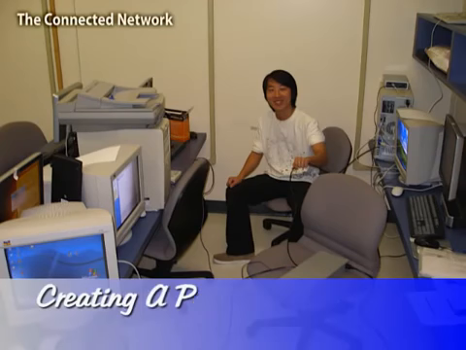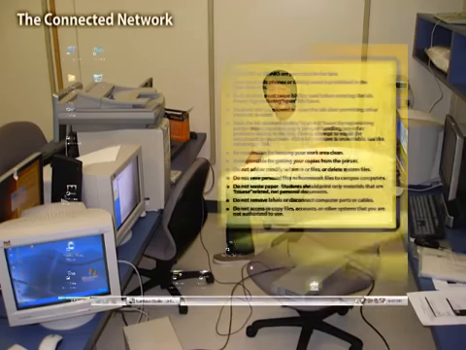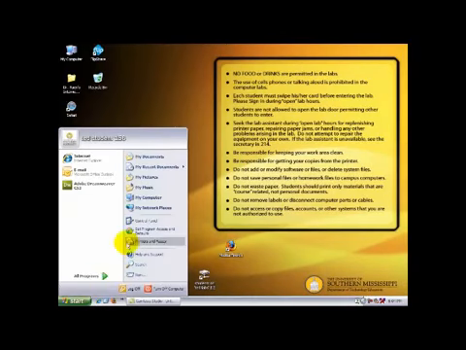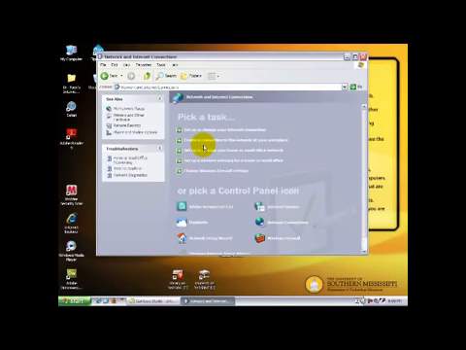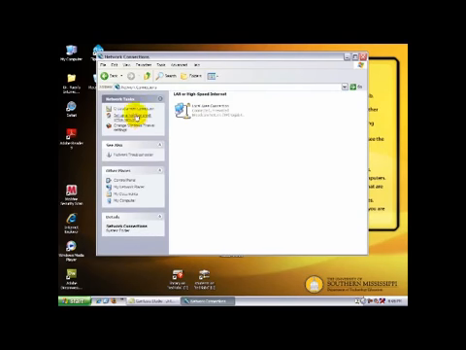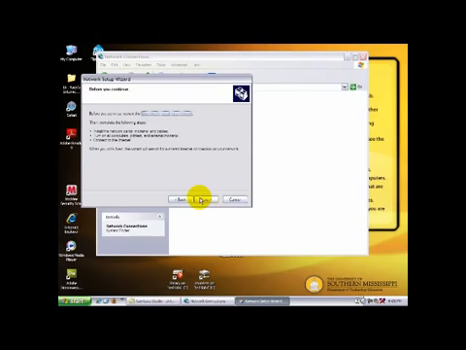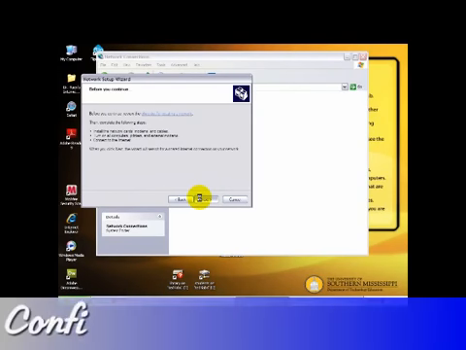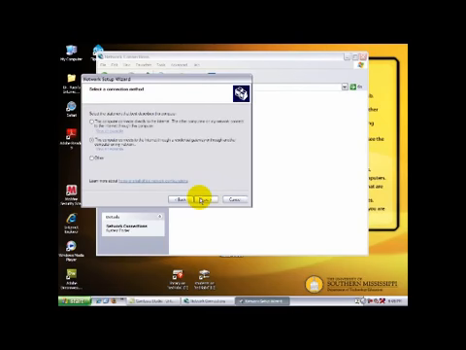Now we need to take a look at how to make the configuration on each computer. First, click the Start button and select Control Panel. Then choose Network and Internet Connections and Network Connections. You'll choose Set up a home or small office network. That will bring you to the Network Setup Wizard. Click Next to proceed. You can choose the computer connects to the internet through a residential gateway or through another computer in the network. You click on that